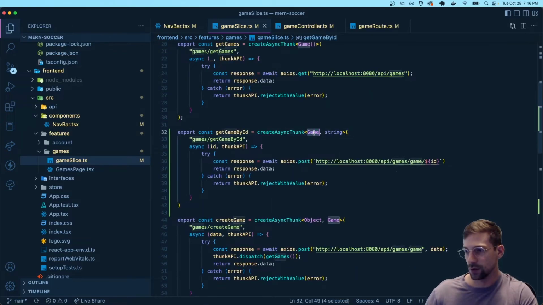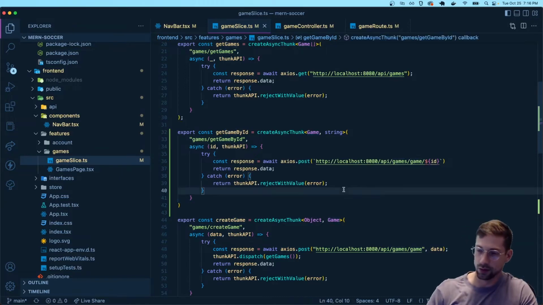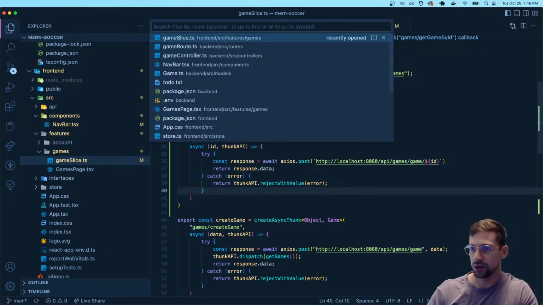My bad. So this is what we're receiving, and this is what we're sending. Or this is what we are passing as a parameter in the getGameById. We're passing a string, which in this case is our ID, and we'll receive a game, right? Because we're getting the game by the ID. Okay, so that's that. So now we're gonna go into the home page, which